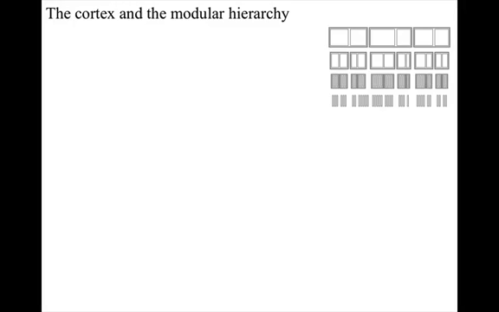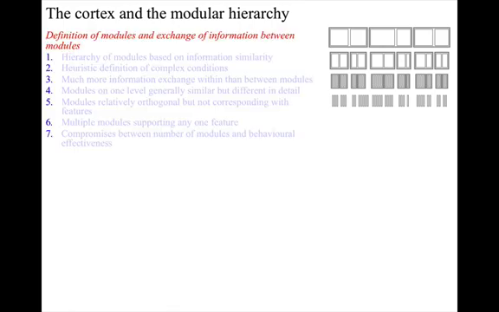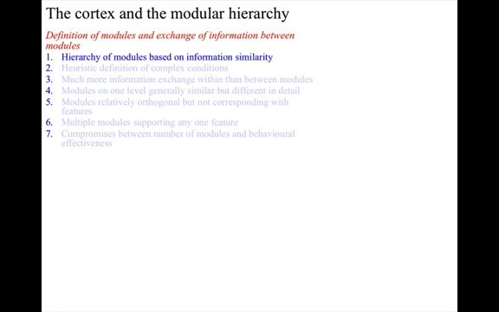So we're going to start with the evidence that the cortex has the properties of the modular hierarchy of condition definition and detection that's predicted from the theoretical considerations. And we listed some specific predictions about the nature of this modular hierarchy, and we'll go through each of these items in turn. The first prediction is that the physical resources that detect conditions will be organized into modules, and